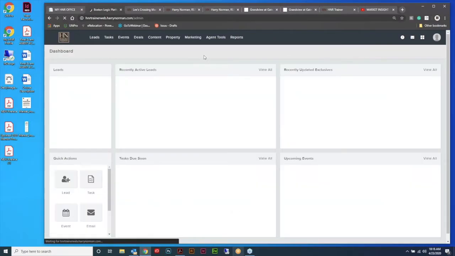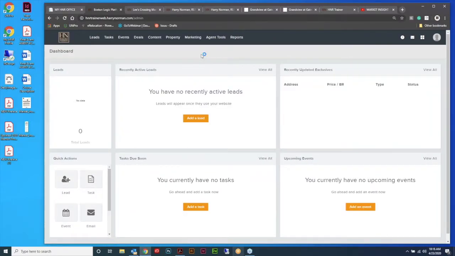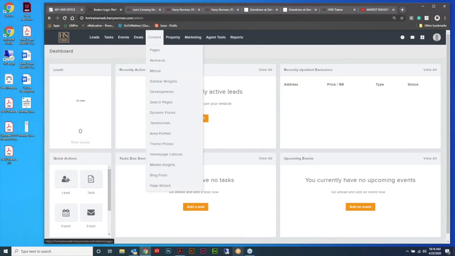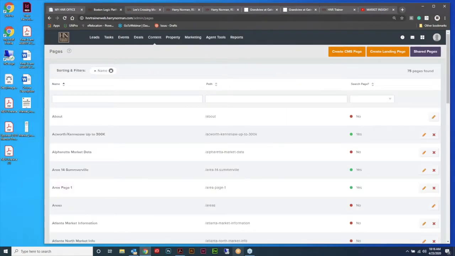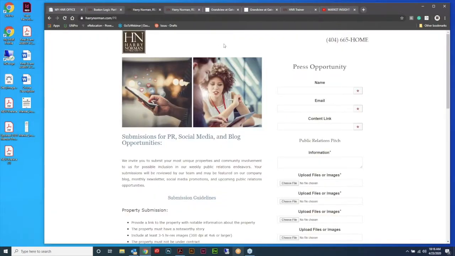Okay, so here's the fun part. A dynamic form. To better explain what a dynamic form is, if you go to Content and Page Forms, there are many different ways to do this. This is a form for a PR opportunity that Alex is using. I made this a little while ago, and what it does is this is the